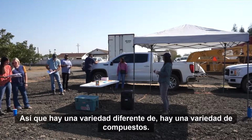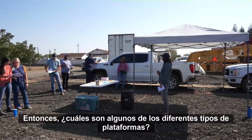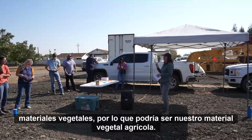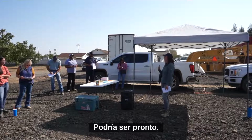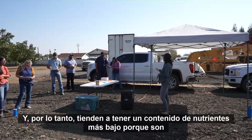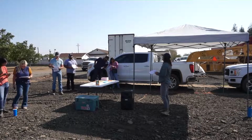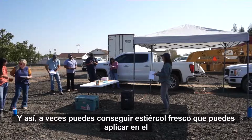So there's different varieties of compost. So what are some of the different types of compost? Yeah, so the green waste compost like this are from plant materials. So that could be our agricultural plant material. It could be yard waste from cities. It could be, soon, more food waste coming from urban areas, and so those tend to be lower in nutrient content because they're coming from plants, as compared to something like a manure-based compost, which is higher in fertility. So that would be composted chicken manure, composted dairy manure,